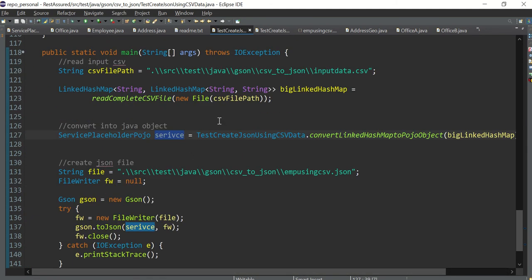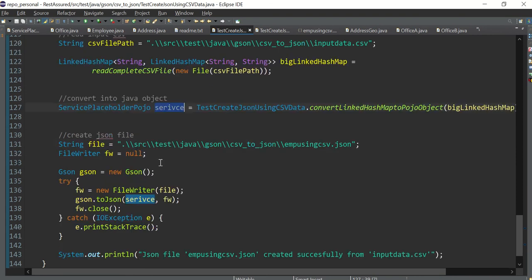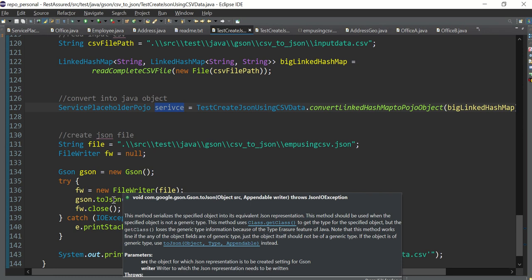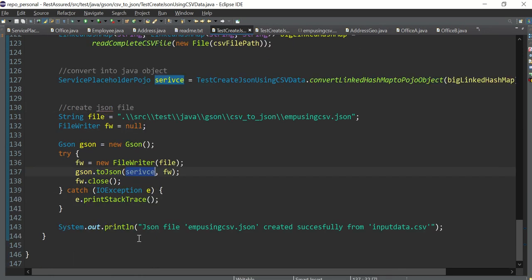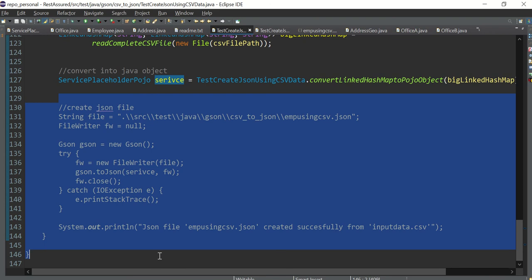I will explain each and every method, don't worry. And once we have the Java object, you can simply use the file write and these methods which we have discussed in the previous chapters, and you can simply write a JSON file. Simple. So this code is very simple. We have already seen that if you have a Java object, you can easily write a JSON.